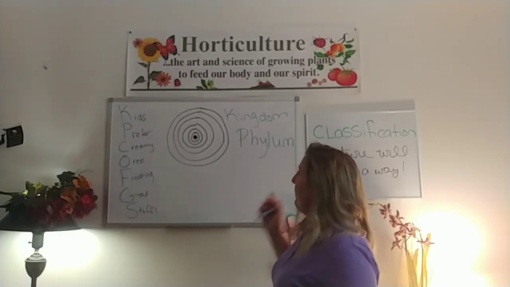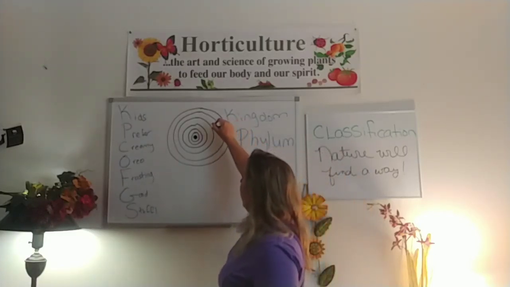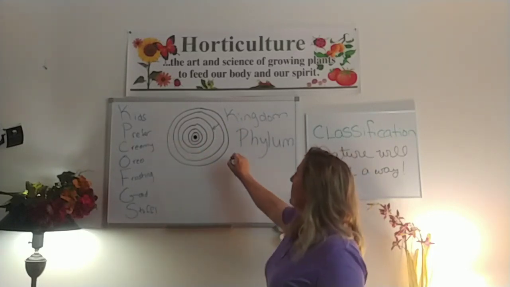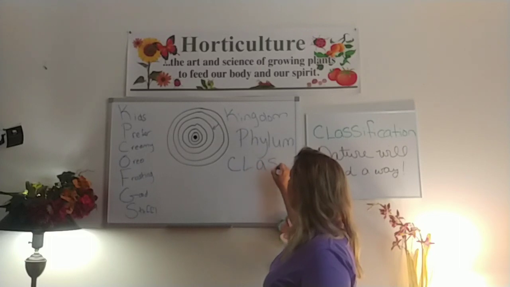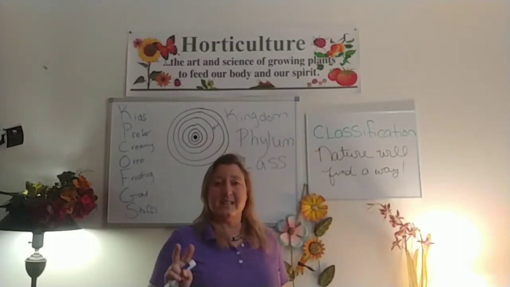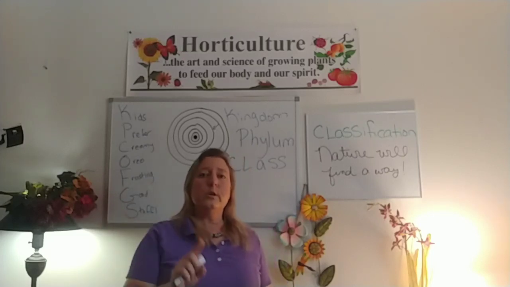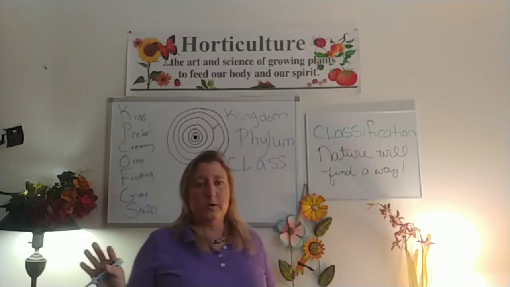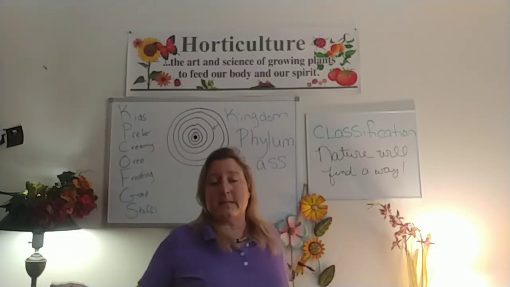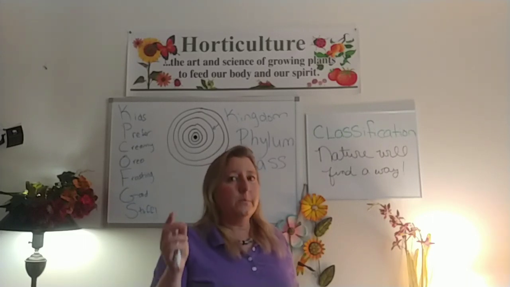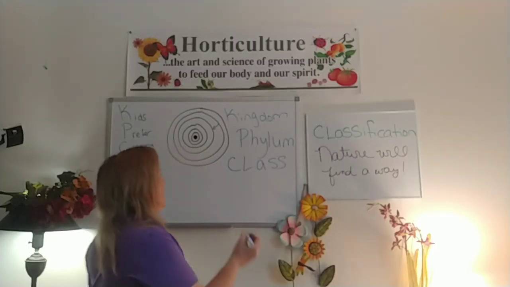All right. Then we're going to go down to our next little, we're getting closer and closer to our target species. Our next one is going to be class. All right, so we're only going to concern ourselves with 2 classes in this class, and those 2 classes are going to be classes of angiosperms. We're only worried about the 2 classes of angiosperms for our purposes, okay? So remember, what are angiosperms? Flowering plants. Okay, the 2 classes are going to be